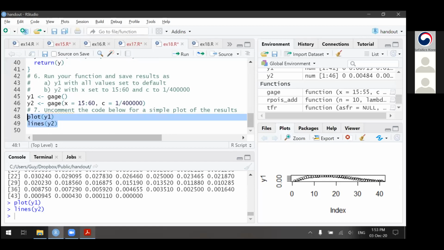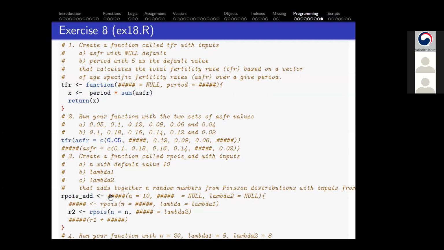Okay, so that's essentially exercise 1.8, which is, like I said, one of the more complicated ones, and perhaps not easy to follow right at the start of learning R. But I always want to include it in the course just so you can see the power of R in creating functions, and that, for example with this TFR example, you can really save yourself writing a lot of code